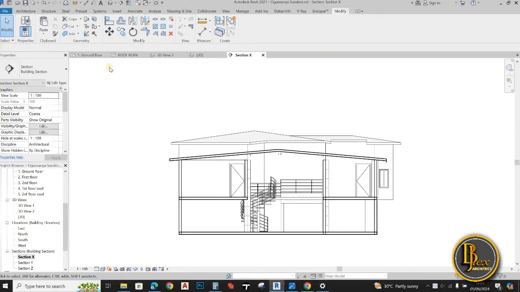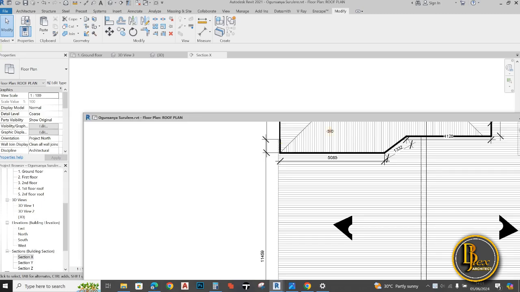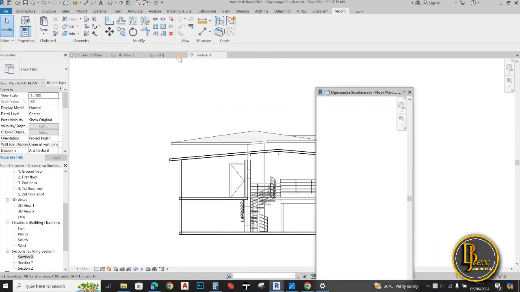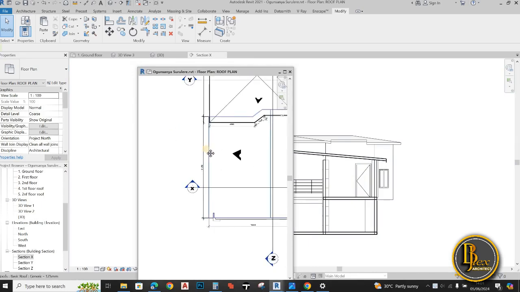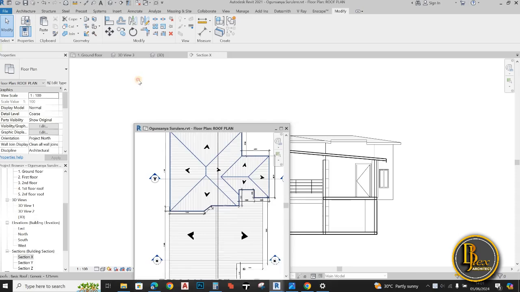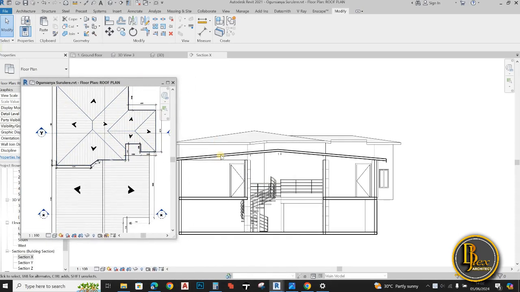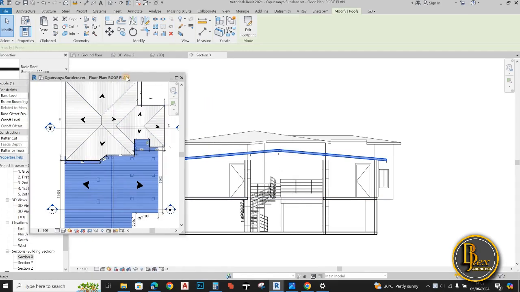So first things first, I'll be extending the roof plan. I'll be maximizing the roof plan so I'll be seeing the drawing on one part of the screen, so I'll know where the section is cutting from and how to go about it. The thing you need to understand about Revit is that this particular view you see now is a